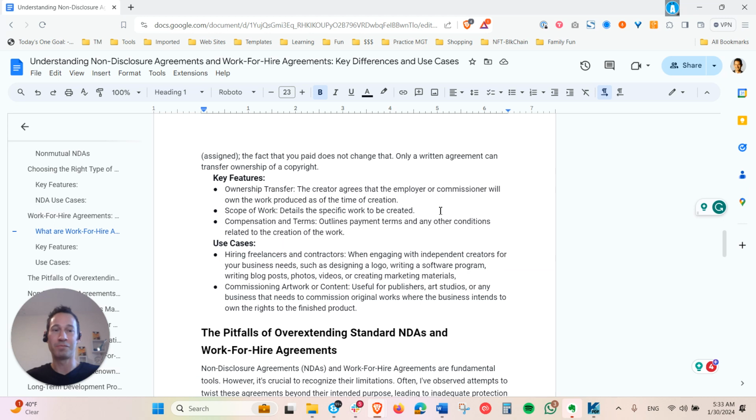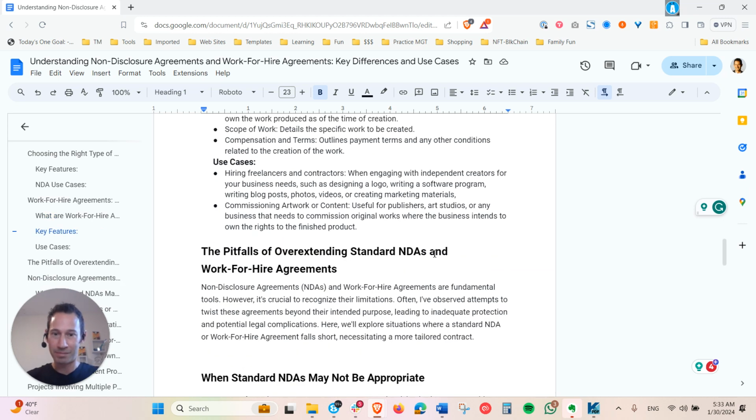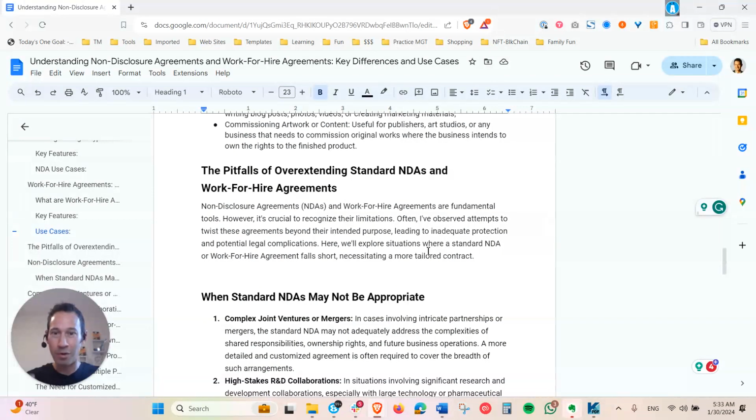So it's always best to ensure that they execute a work for hire, so that this way the rights are being assigned over to you. And we'll go into, when we look at the work for hire, a little bit more about the language for that, because it's very important. Like I said before, one of the big pitfalls I see is just people try to twist a non-disclosure agreement into a work for hire, try to twist a work for hire into a non-disclosure, because sometimes, especially a work for hire might have some confidentiality provisions in it.